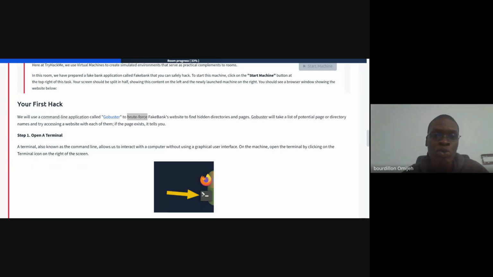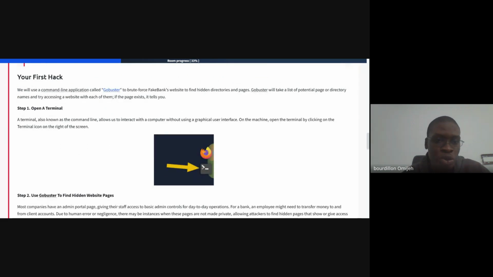So when we say to brute force a website, or an app, or a login page, what you're talking about is coming with force. You're coming again and again and again until it opens up. All right. So GoBuster is a brute forcing tool that we use to try web pages, try one name, try another name, try another name until one opens the door. Okay, so let's go straight to practical. Step 1 says we should open our terminal.